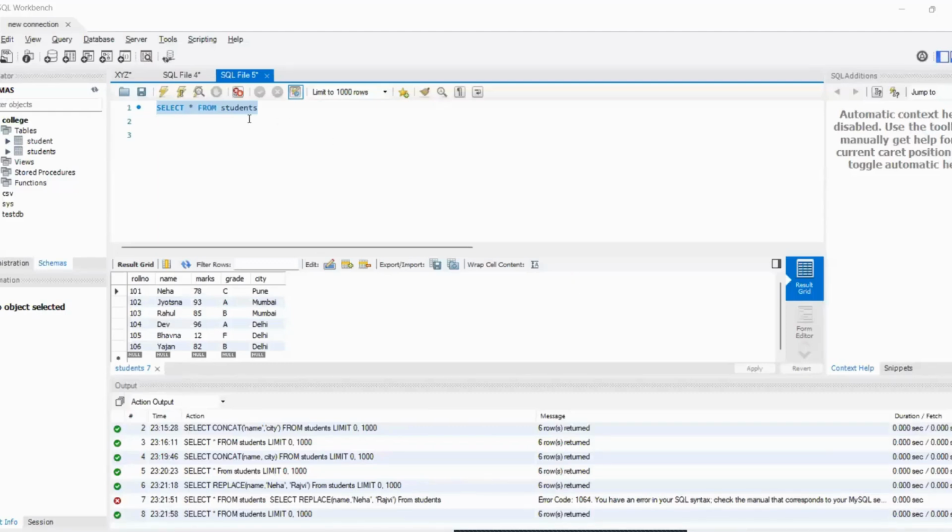Now our next function is how to concatenate two columns together, like name and city. We are joining these two columns, name and city, together. For that, you need to write select